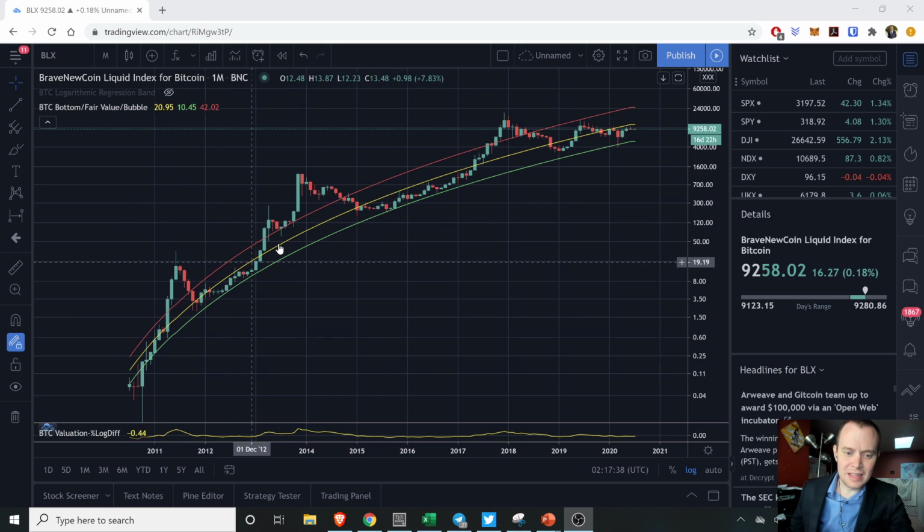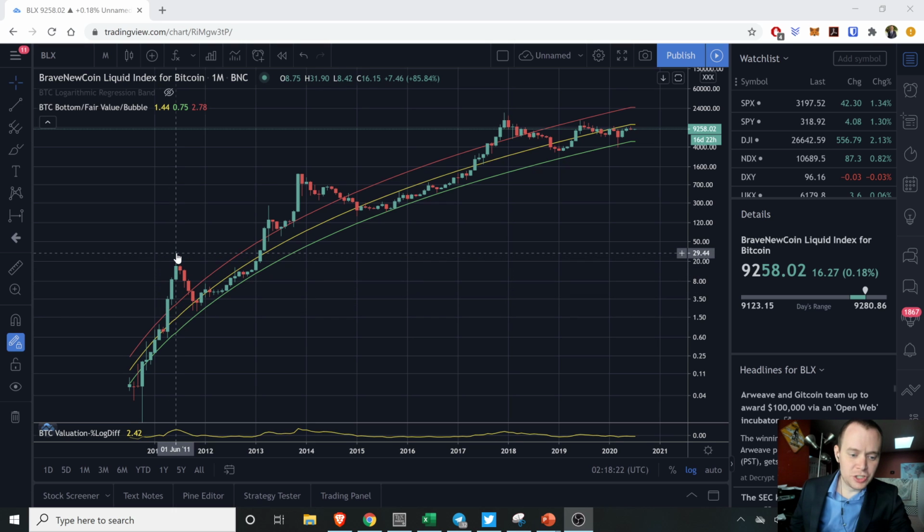So the yellow line is that fair value line, and this is the fair value line of just the price of Bitcoin. The green line tends to be our undervaluation regime. So when we're near the green line, we're basically saying, okay, Bitcoin has historically been undervalued. You can see the wick that we had in March went right below that green line. And then our red line historically is, okay, we're in bubble territory. We're getting into mania phase. Things are going to go crazy for a few weeks, and then we're going to ultimately retrace back into this regime.